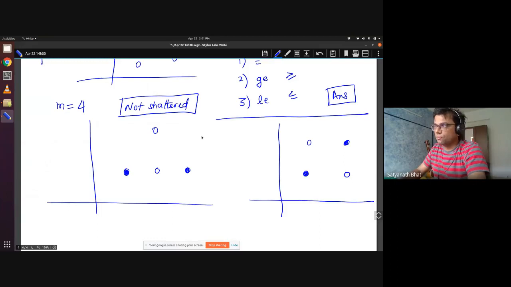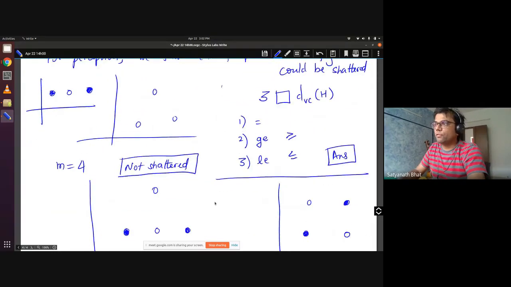The way we saw that is, when you have 4 points, either 3 of them are collinear or no 3 are collinear. If 3 are collinear, you cannot shatter anyway. If no 3 are collinear, then they form a quadrilateral. And what you can do is color opposite sides of the quadrilateral as one class. There is no way a linear perceptron can separate it.